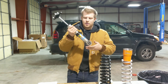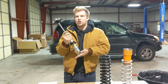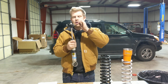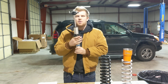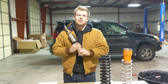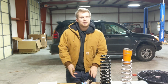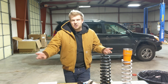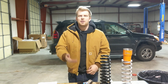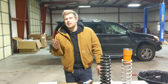Now, as we said before, with a Bilstein 5100, the distance between your lower shock mount and your top hat remains unchanged. You merely preload the spring within the assembly. So what that means is you slap on a Bilstein 5100, you drop it off the lift, you have, we'll say, 2 inches of extra ride height, but your full droop location remains stock and your full compression location remains